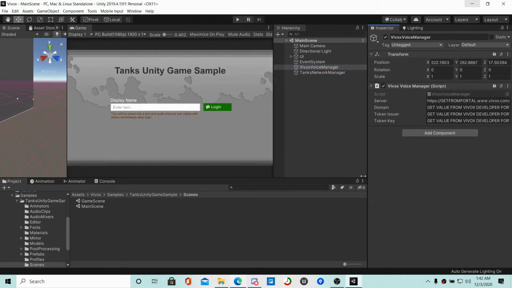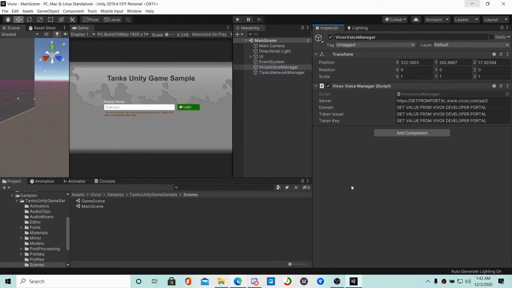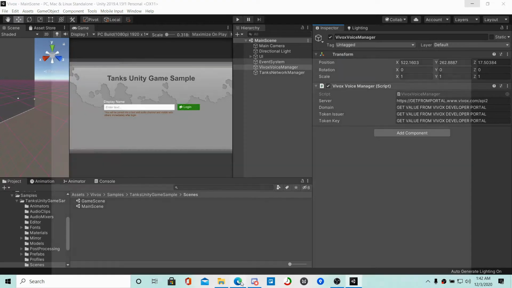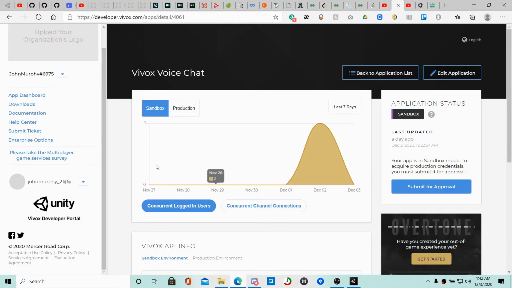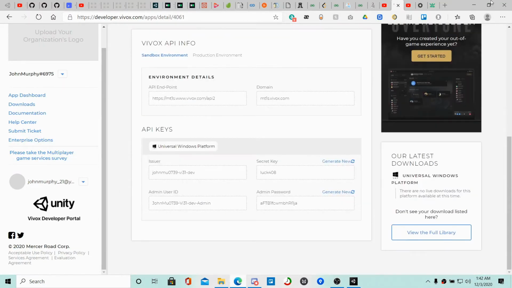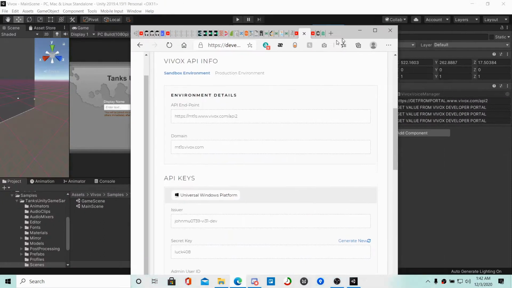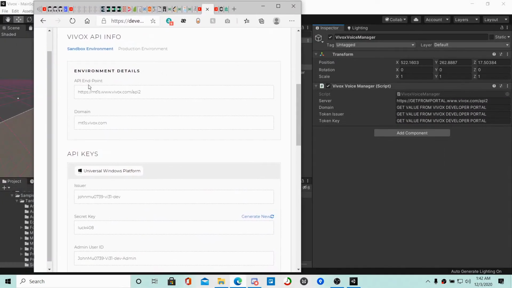Let me widen this real quick. Okay, so basically go back to the Vivox, to that information real quick. Okay, so the API endpoint is the server, so you're going to want to copy paste into this area over